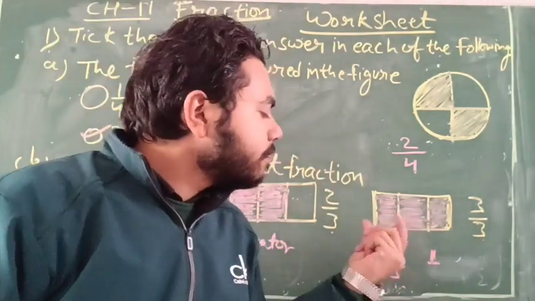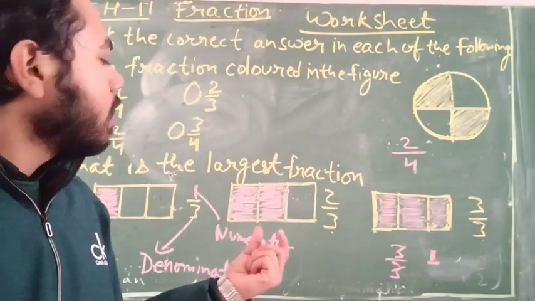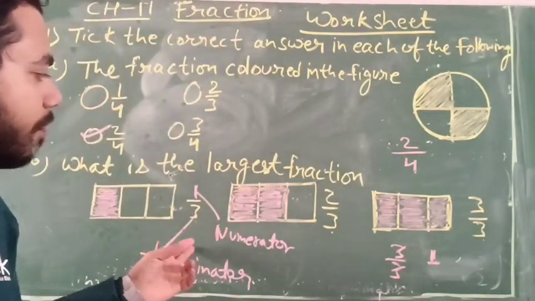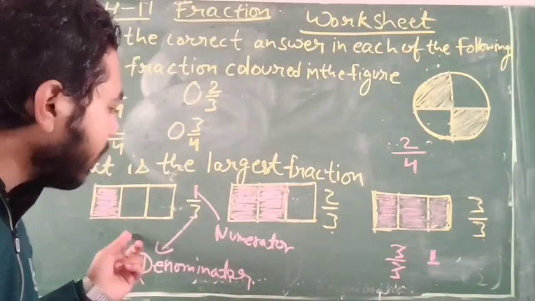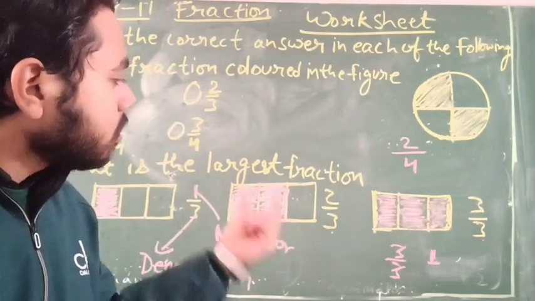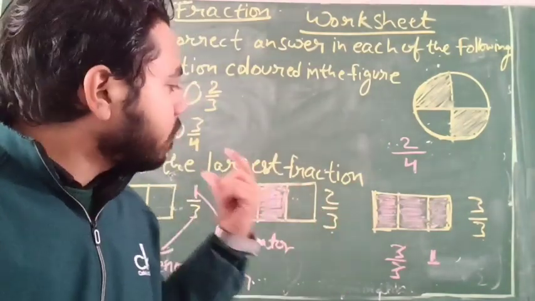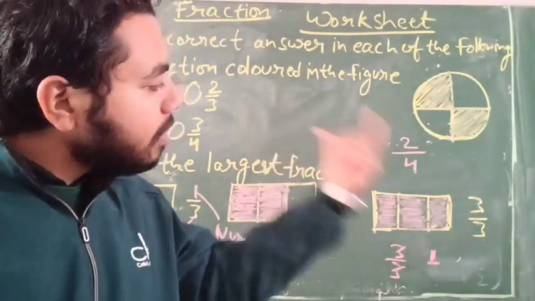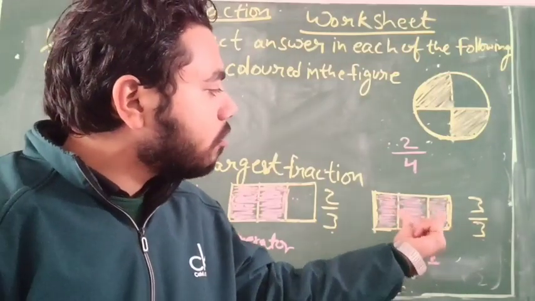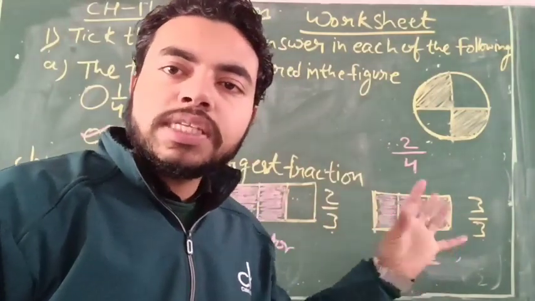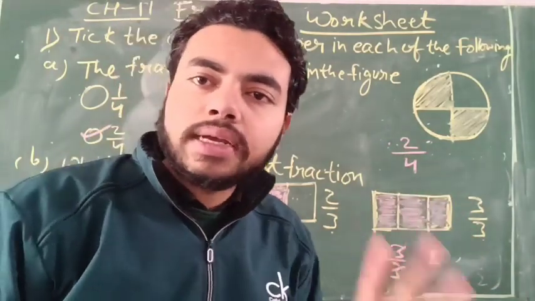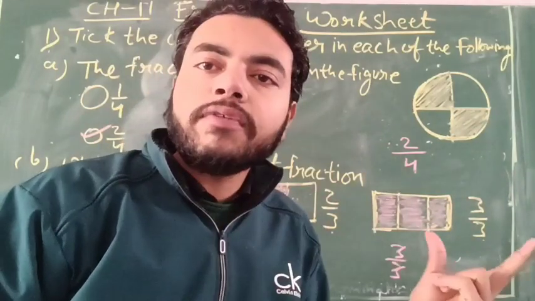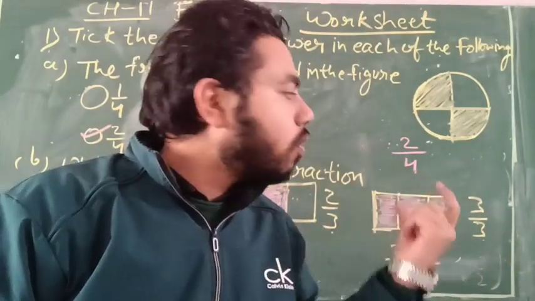It means suppose if we cut an apple into 3 equal parts and you get one part of that, and then the same apple is divided into 3 equal parts and you get 2 parts, and the same apple is divided into 3 equal parts and you get all 3 parts. It means you get the whole part of the apple. You got the whole apple.